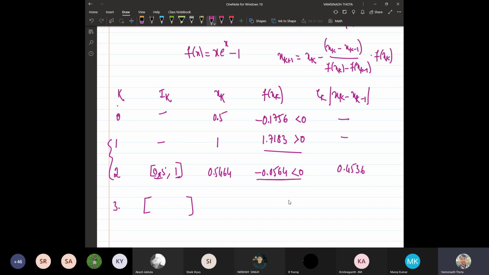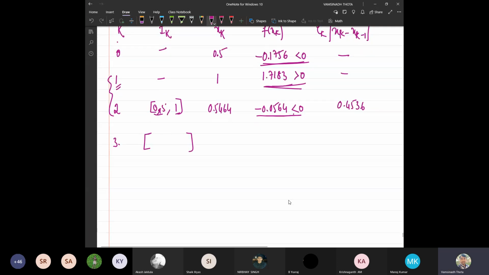First thing, this is less than 0. So what we need to check is which one is less than 0 and which one is bigger than 0. Now you see here, we cannot take x0 because f at x0 is also negative and f at x2 is also negative. So we should go again with 1. With 1 only we should go.